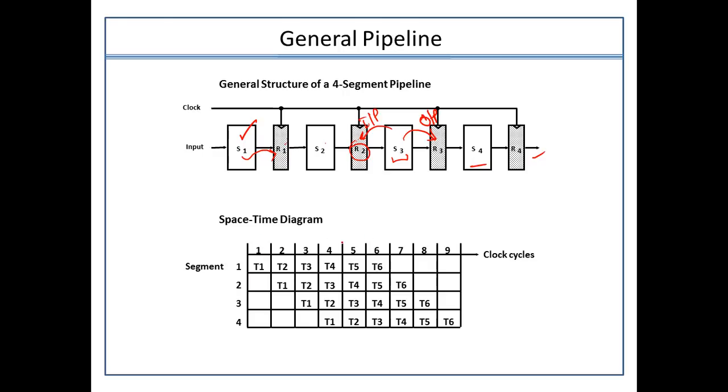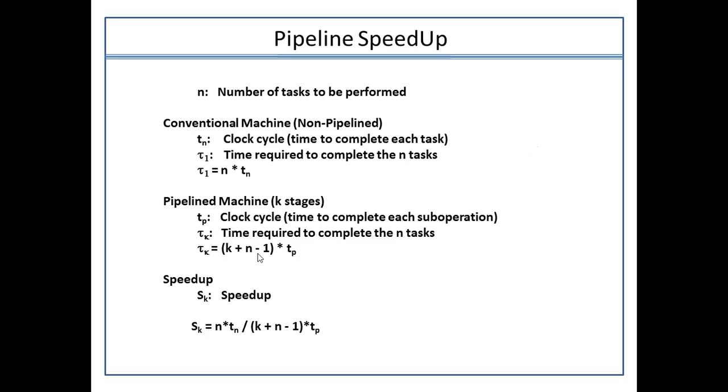These are the number of clock pulses, these are the segments. Once T1 is done, it will move to another clock cycle, another segment you could say, and then it will be done with another segment, and so on. Depending upon how many segments are present and how many clock signals are required to execute that particular instruction in that segment, we will be computing the final speedup. So lastly, now we are going to compute how we are able to gain the output, meaning how we are able to generate the speedup in the case of a pipeline.